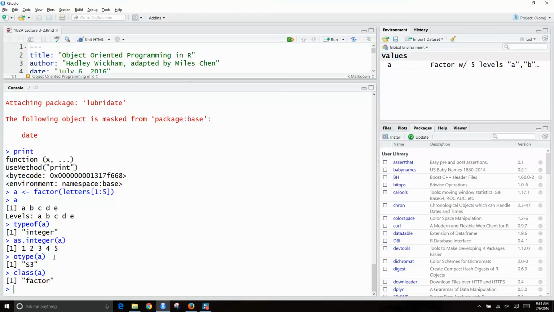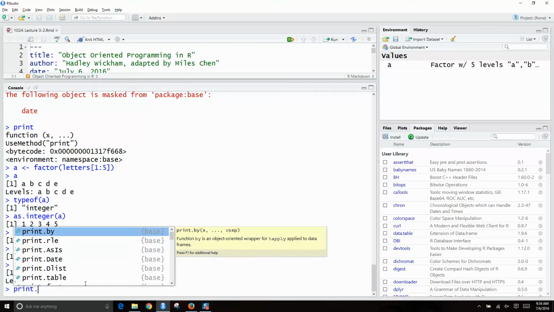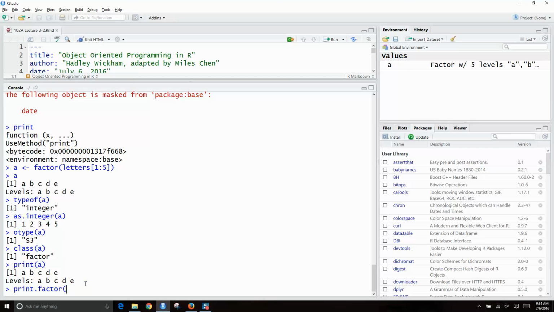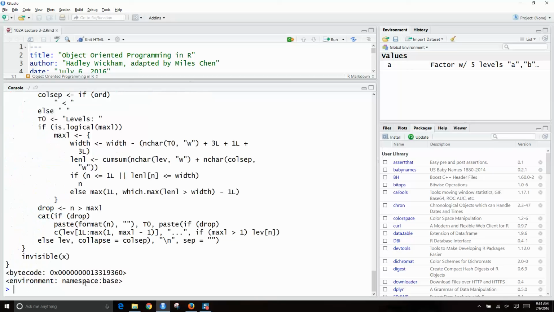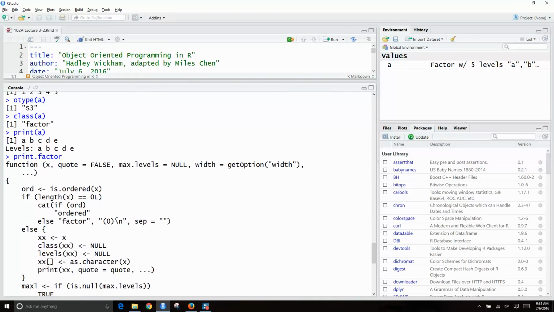So anyway, if I call the print function on A, it prints it out, which is the default. If you just type in the letter, the way it prints out will look like this, which is different from if I print just character information or integer information. To see why it's printing out this way, we can look up the function print.factor, which returns all of this, but basically it's going to say,